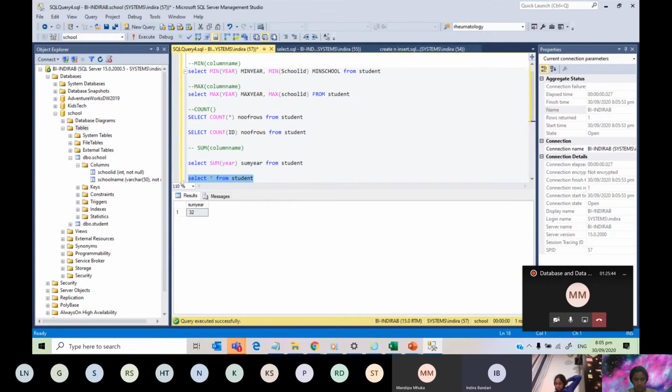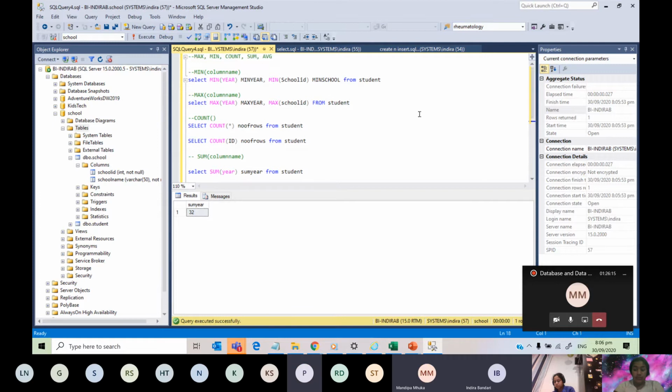Because we don't have any other integer column, it is not appropriate to sum the years, but if we had age we would have summed that. Usually, if they have sales figures in the table, they sum the sales, or if you have marks, then they sum the marks. Something like that, just to get an idea.